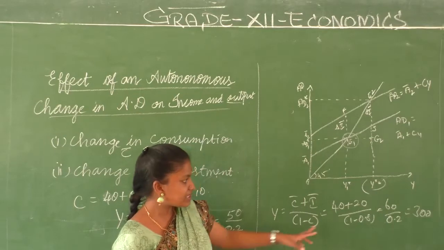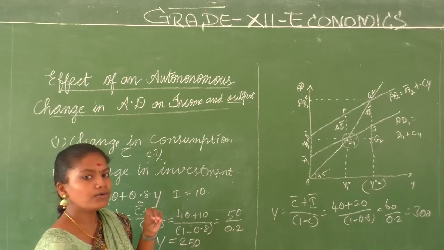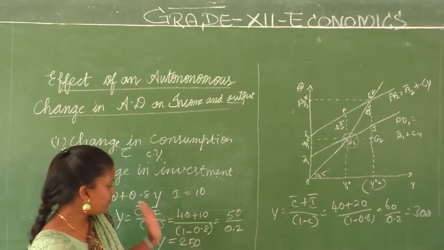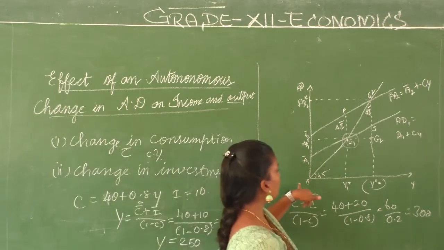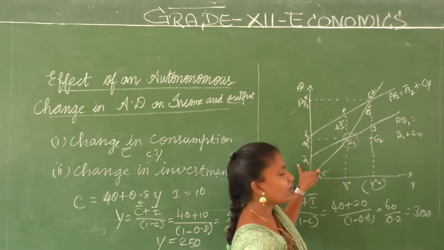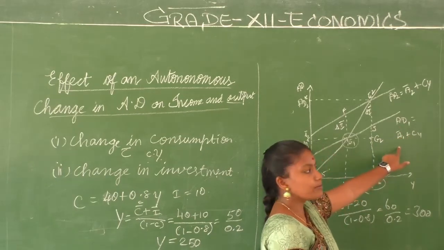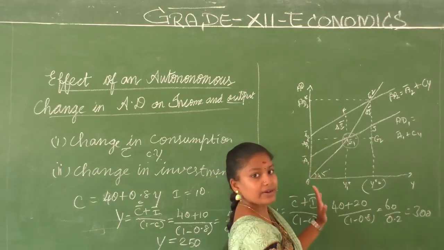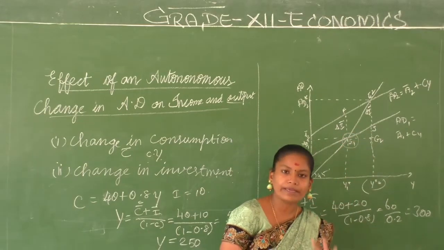Now if you see the difference, 300 minus 250 will become 50. So how is it multiplied? By a value of 50. It is increased by a value of 50. So when we have this particular Y, this income, what did we do? We drew first the 45-degree slope. Always we have this 45-degree slope. Then we drew the A1 slope, that is the aggregate demand is equal to autonomous expenditure plus the C of Y. When you have this slope, wherever it meets with the 45-degree slope, that point is called the equilibrium.